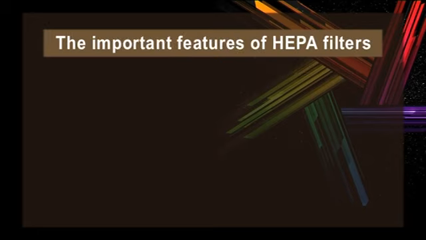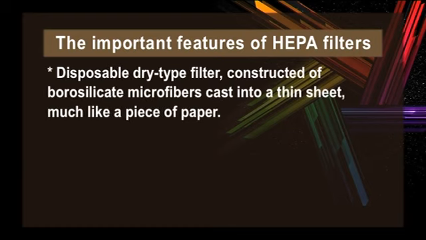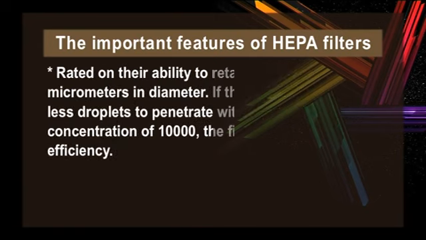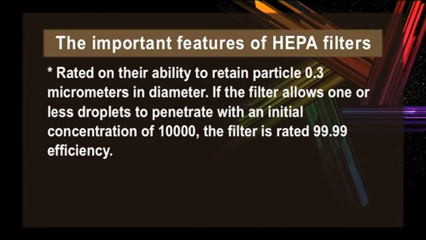The important features of HEPA filters are as follows. A disposable dry type filter constructed of borosilicate microfibers cast into a thin sheet much like a piece of paper. Particle retention is achieved by multiple mechanisms of the HEPA filter working together, including sieving, interception, inertial impaction and diffusion. Filters are rated on their ability to retain particles that are 0.3 micrometers in diameter. If the filter allows one or fewer droplets to penetrate within an initial concentration of 10,000, the filter is rated